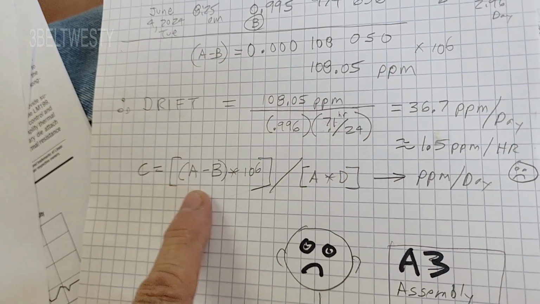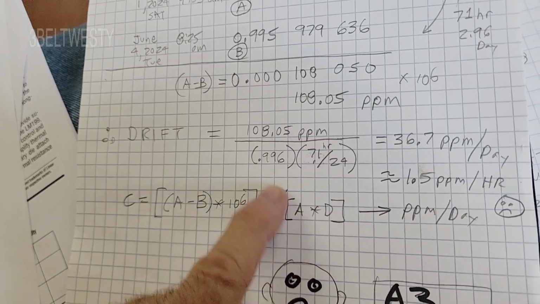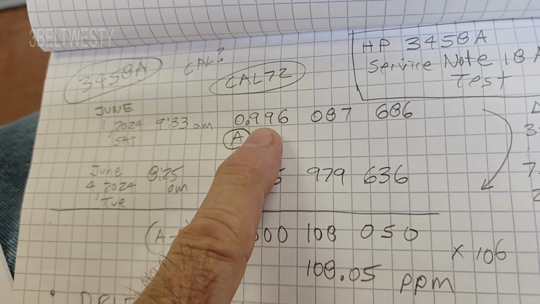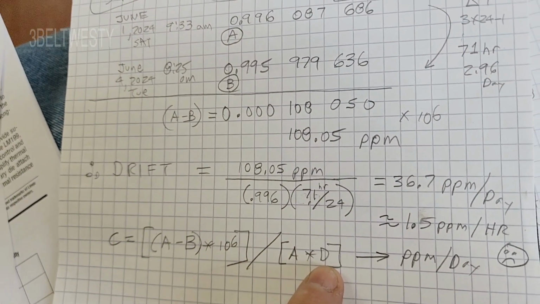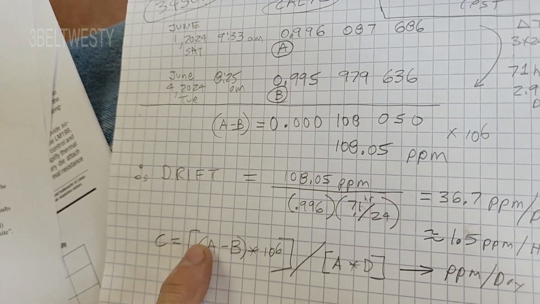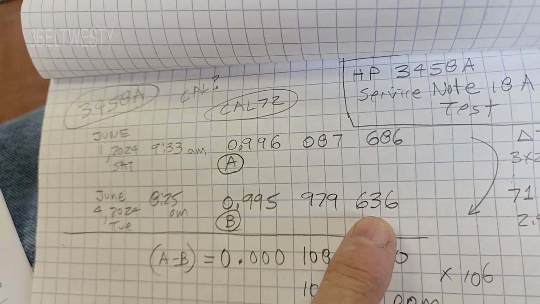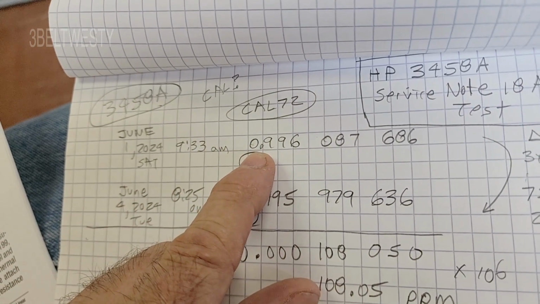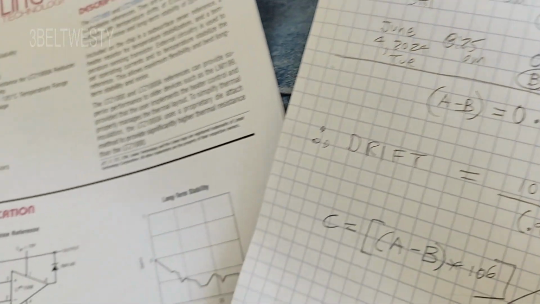In the full equation here, in the denominator you have A, which is this value. And since I'm a slide rule guy, that's pretty much close enough to 1. So that's a 1, that's the number of days or hours, and it's just the difference between the two. So what it does, it ratios to the Zener voltage, and every time you do an ACAL, this number will change. So on mine, I'm pretty sure that the reference module inside here,